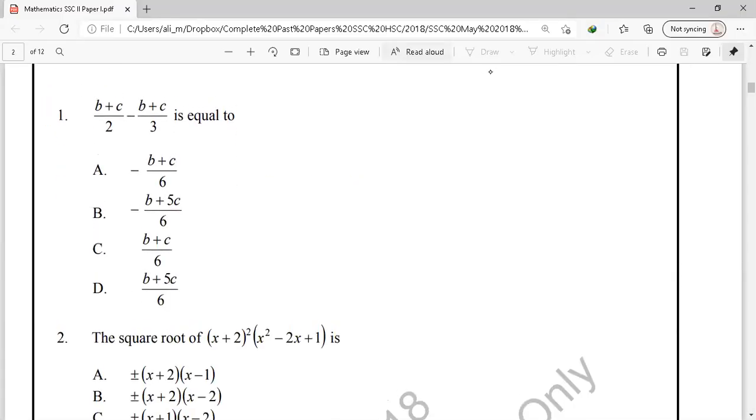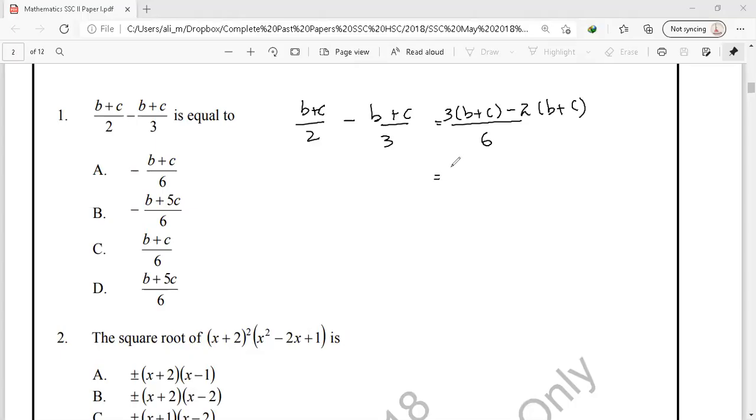So in this question, हमें सिंप्लीफाई करके दिखाना है that b plus c over 2 minus b plus c over 3. सो सॉल्व करते हैं इसको। b plus c over 2 minus b plus c over 3। डिनोमिनेटर्स का एलसीएम ले लेंगे हम। सो एलसीएम would be 6 and this would become 3 into b plus c and minus 2 into b plus c।